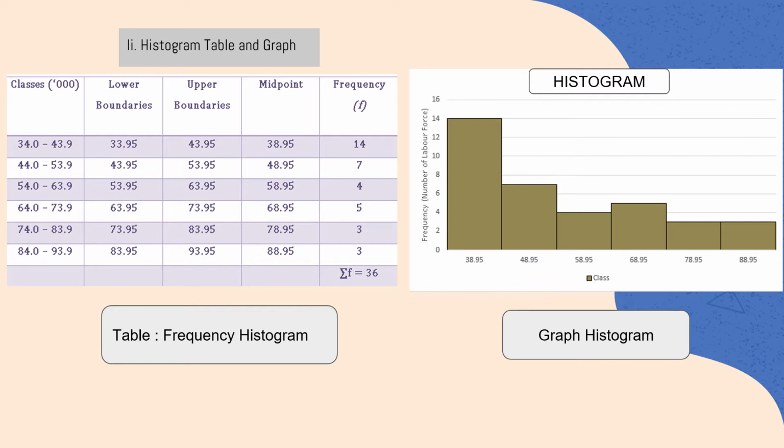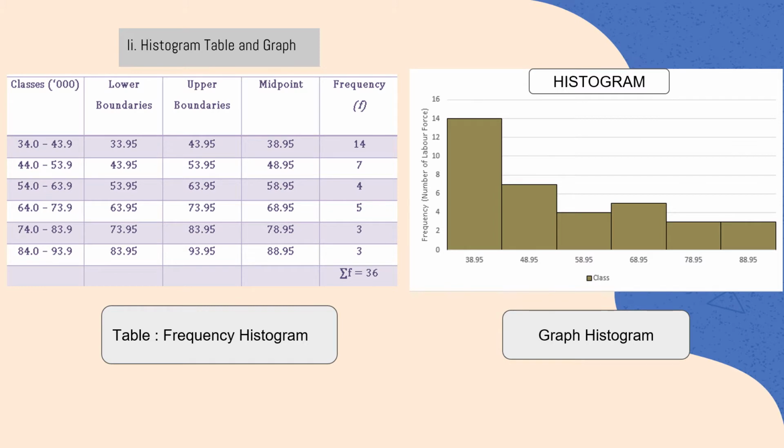Next, how to get the midpoint: the upper boundary you must plus with the lower boundary and then divide by 2 and you will get the midpoint. For example, 43.9 plus 34.0 and you divide by 2 and you will get 38.95. This is how you get the midpoint. Based on the graph, we can see that the highest midpoint is 83.95 at frequency 14, and the lowest midpoint is